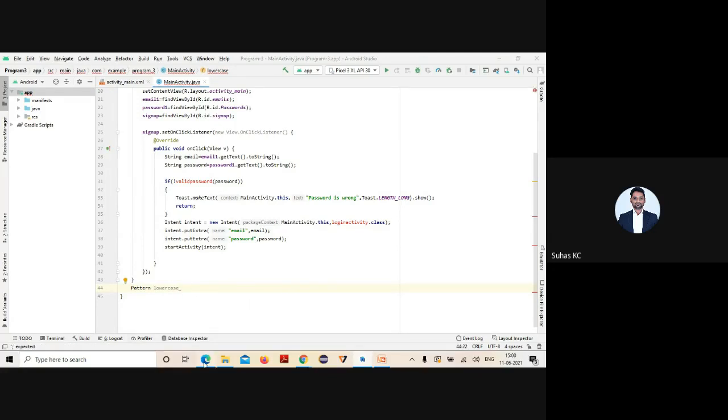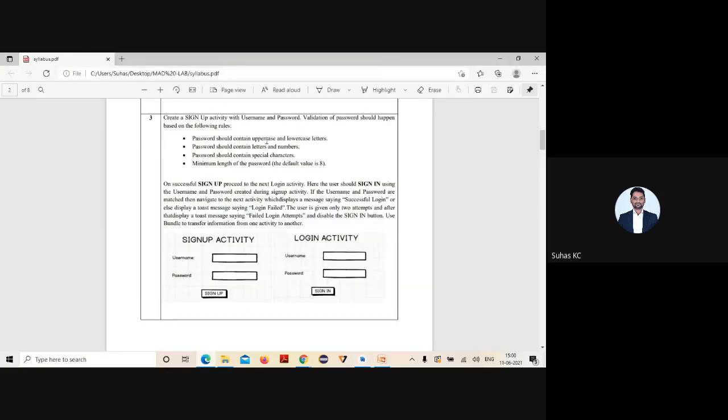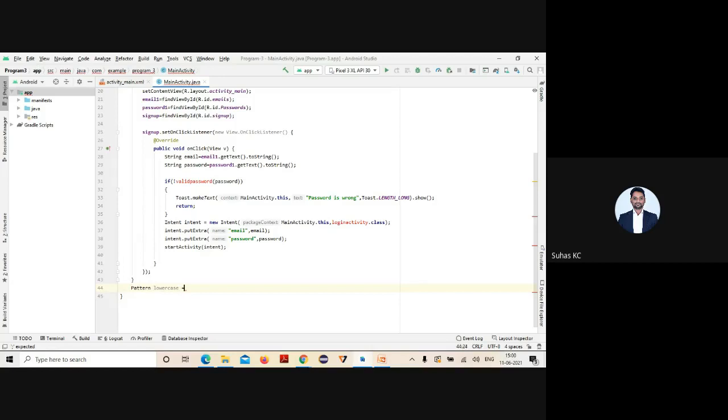It says in your question that the password should contain uppercase, lowercase, numbers, special characters. So I'll take one rule for each, separately. So equal to Pattern dot compile. I'll tell you why compile is used: the strings you are passing, you should match them.